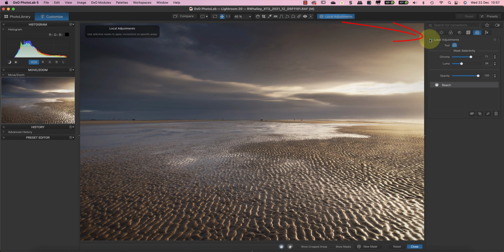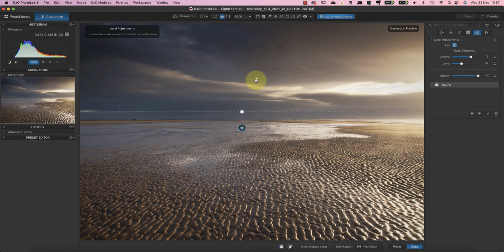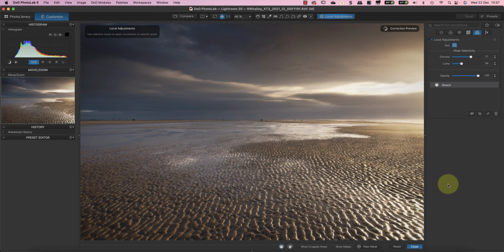To check the effect of all the masks on the image, you would click the switch at the top of the panel. After applying adjustments to a control line, I like to move the sample point around the image. It's surprising how often this can produce results you weren't expecting. Often these are better than your initial choice, and it can give you more ideas for adjustments. If a new sample point works better, I'll then adjust the chroma and luma sliders to see if I can further refine the effect.